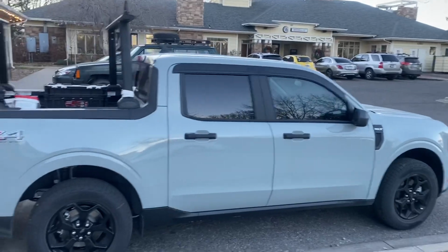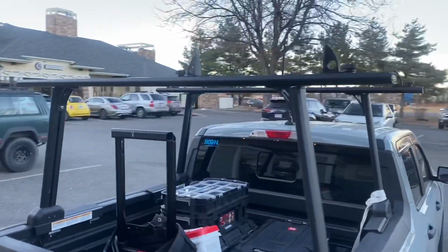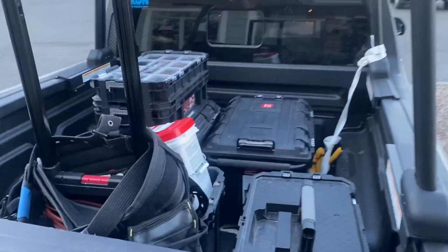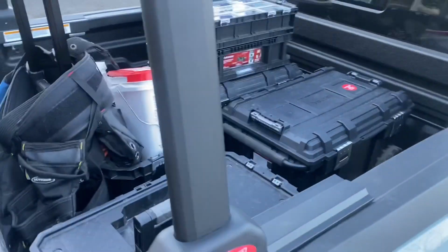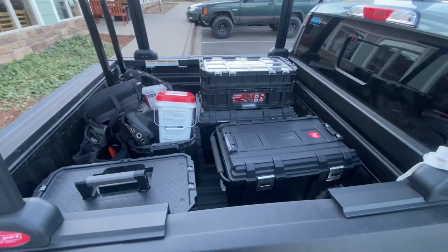All right, so back at the job site, I kind of wanted to show the finished product. So we got all the wood off the rack. A couple of negatives here, right? I opted right now to not put my little ladder in here. I have a 4.5 foot,